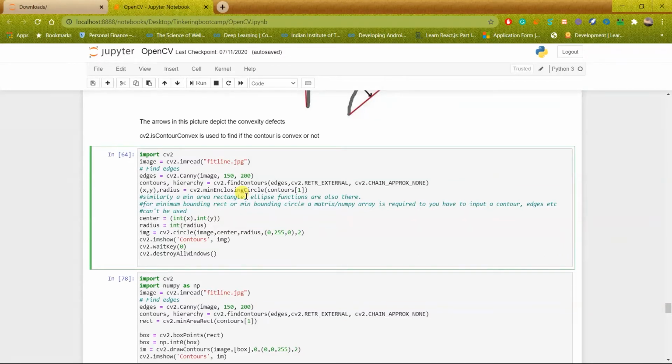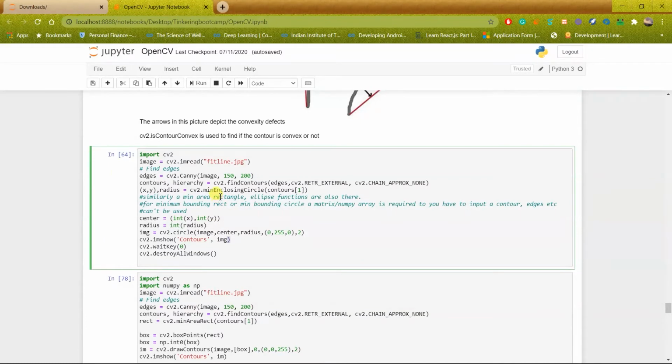So what I'm using is I'm first finding the contours in the image, and then I'm using the minimum enclosing circle on the contour 1. So that is the second contour which is detected. Okay, so the contours are returned as a list of contours, and you can use the index as I've used here to specify which contours you want to use to draw or send in the minimum enclosing circle.